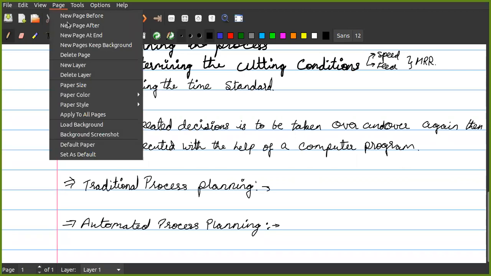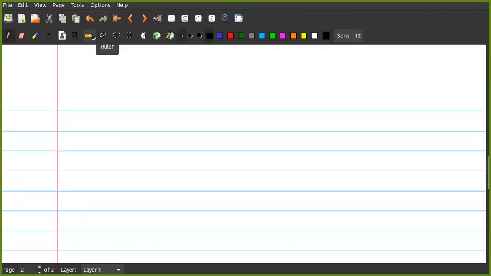Now let us see what are the different types of process planning. There are two alternative approaches. The first one is called retrieval type.